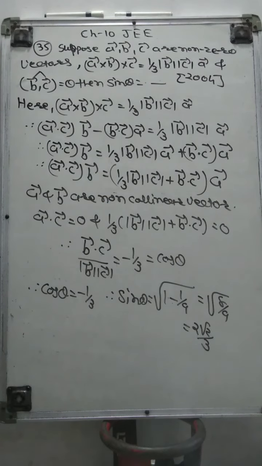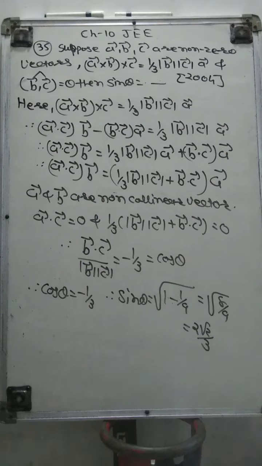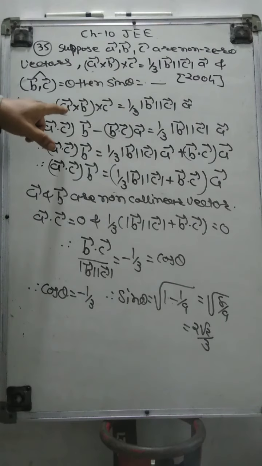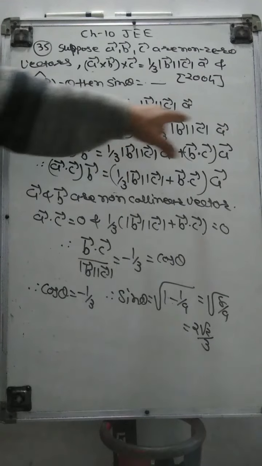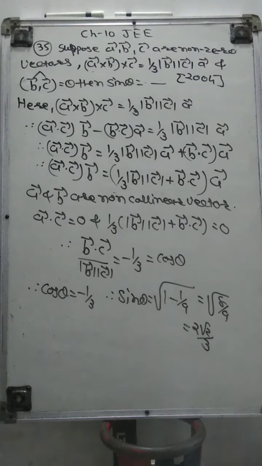Here one thing to remember is that A bar is given separately. Therefore for A cross B cross C, the formula is A dot C into B bar minus B dot C into A bar, and because we want to isolate this A bar vector, we can rearrange this formula for A bar. So be careful with this type of sum, because these sums are very useful and quite difficult to understand. Okay, now we go for the next one.